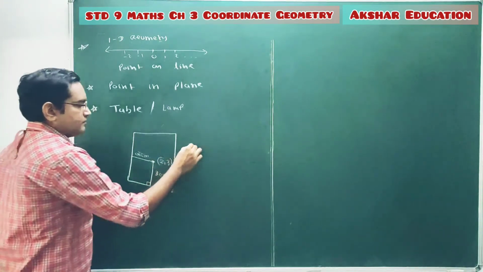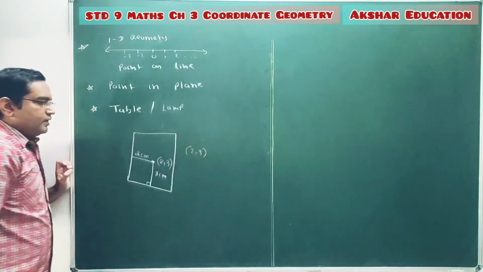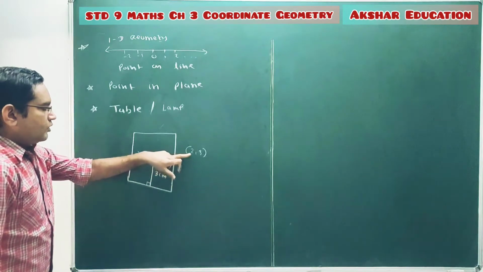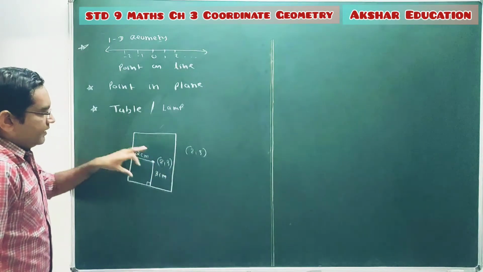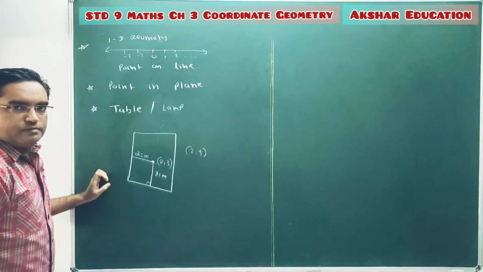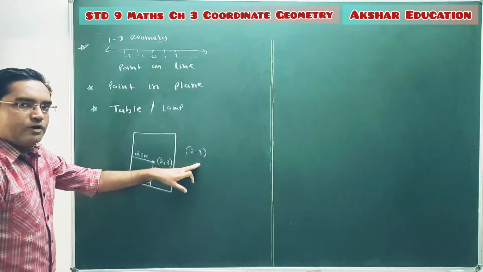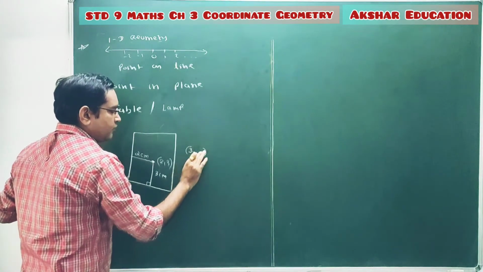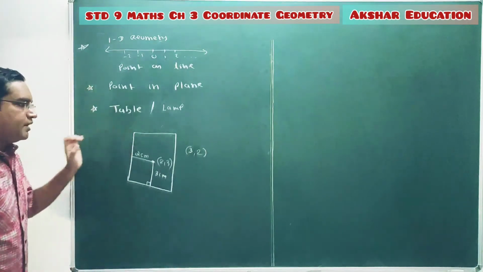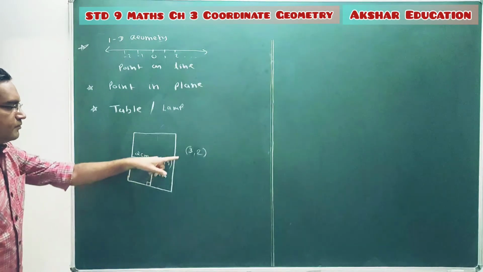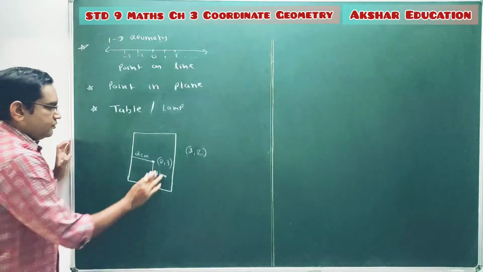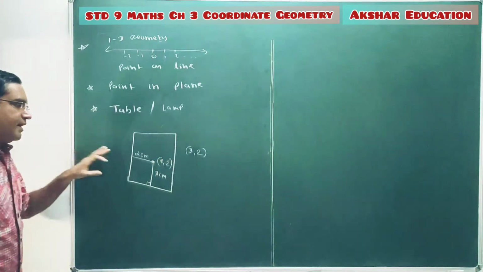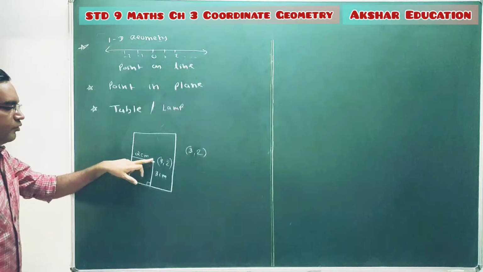This is one ordered pair which represents that this point is 2 centimeter from the longest side and 3 centimeter from the shortest side. This is not x coordinate, y coordinate. You can also write this as 3, 2. Otherwise, it will create confusion later. Consider it as 3, 2. So 3, 2 means the location of this point from the shortest side is 3 and from the longest side is 2. So now we get the position of this point.